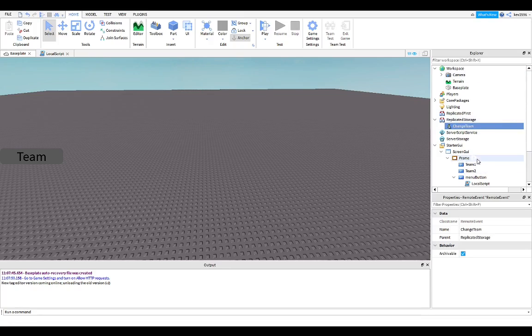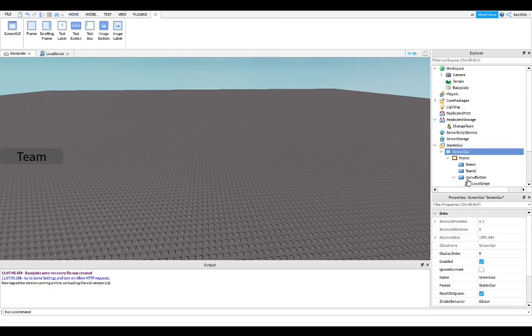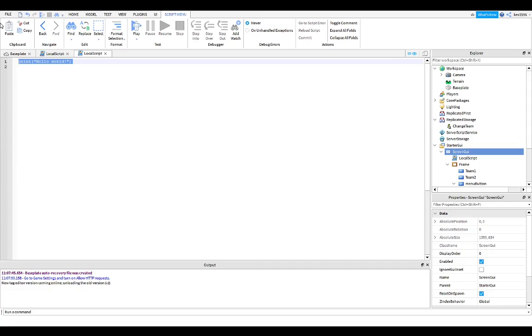And inside of the ScreenGui, we're gonna add in a local script, and in the script we're gonna put local RE, for RemoteEvent, is equal to game.ReplicatedStorage.ChangeTeam. Change team, and then we're gonna do local menu button,